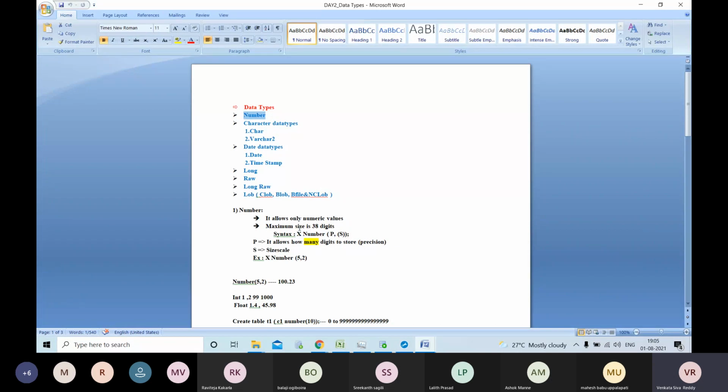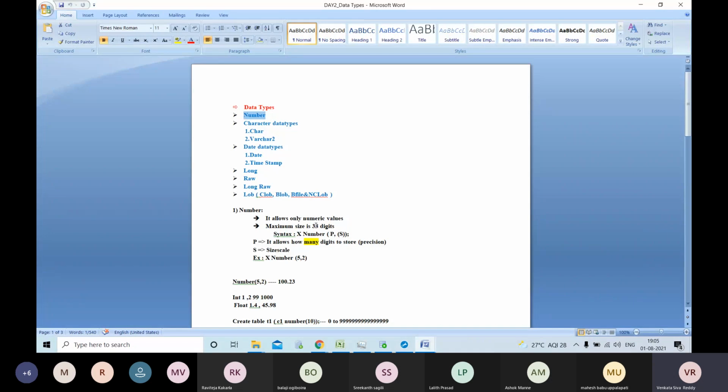The minimum you can provide is 1 and the maximum is 38. This is up to the 11G version; this document was prepared using 11G. Now the size has been exceeded to 49 or 54.